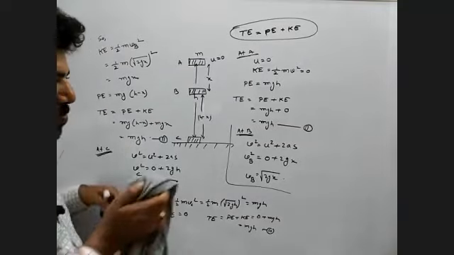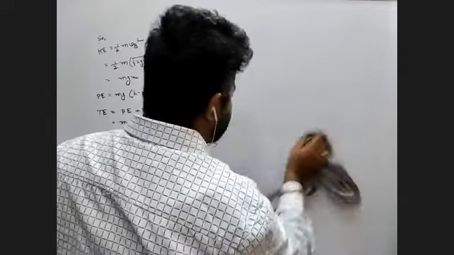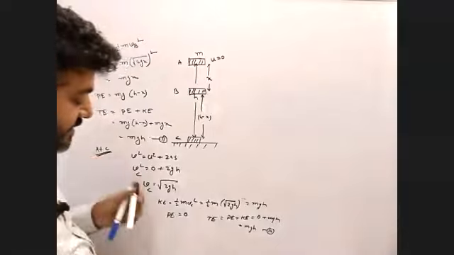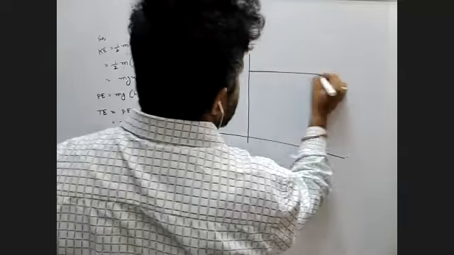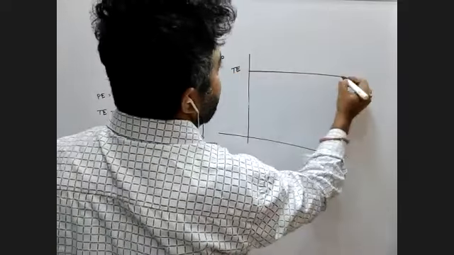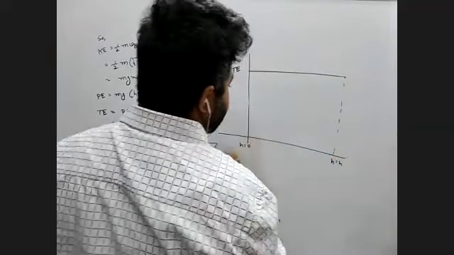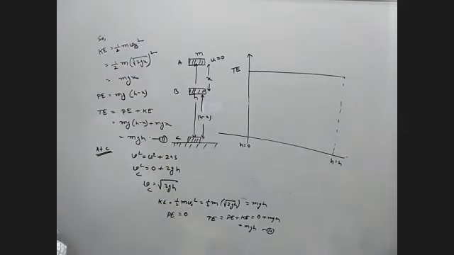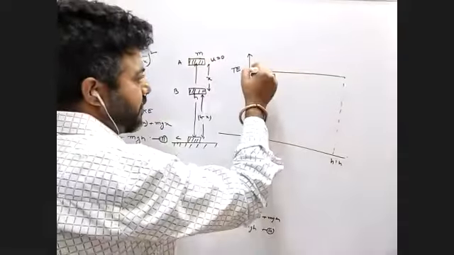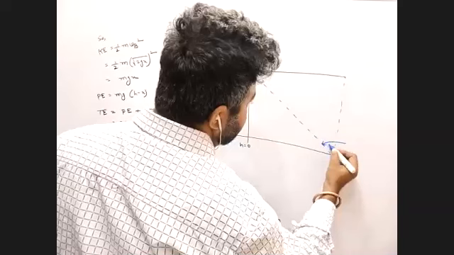After that, you have to say one more thing with this, that is, you have to draw this graph. The graph is that this is the total energy, which remains constant. This is the height h, and that one is the height 0. So when the height is 0, means at the ground, your kinetic energy is maximum. So this is the kinetic energy, a straight line.